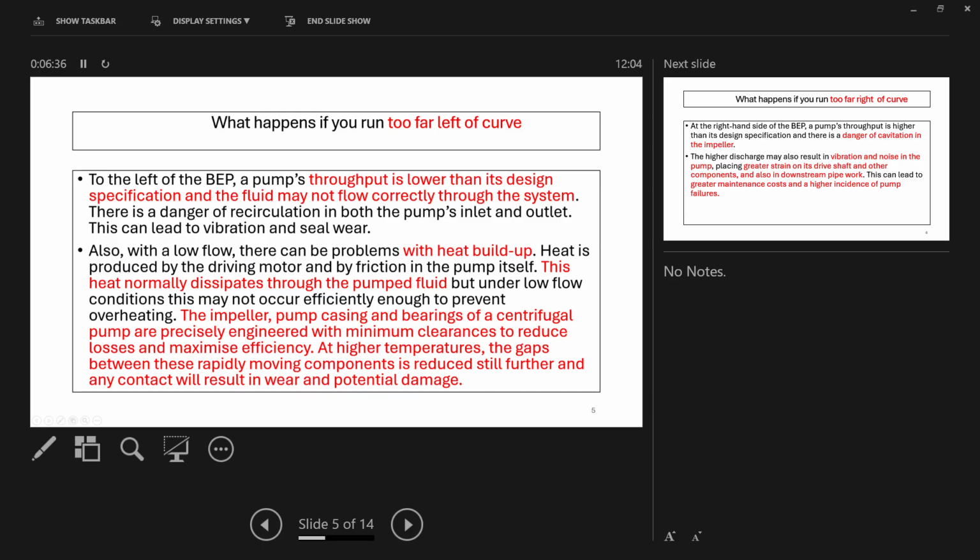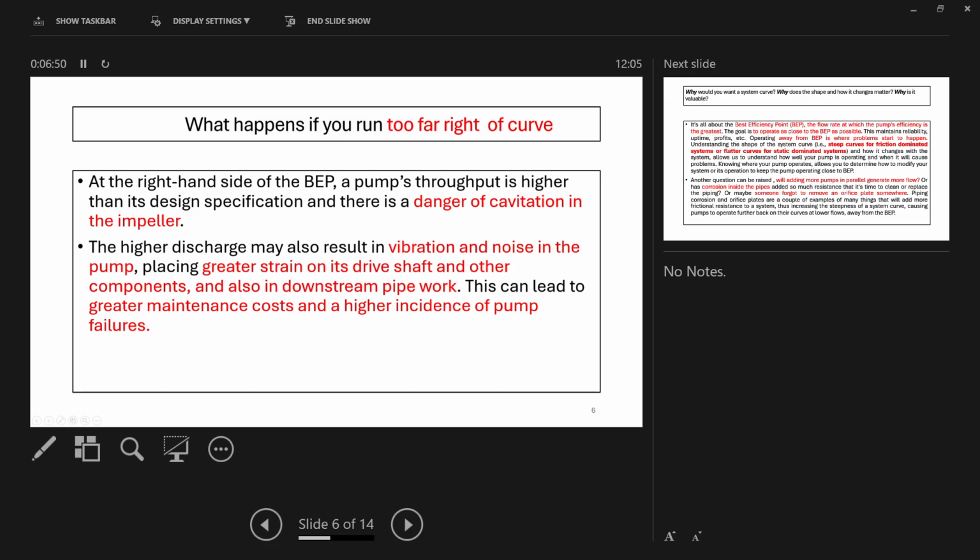Your efficiency will be lost. There may be contact because of the high temperature. It may evaporate also. So too much to the left side of the best efficiency point is not acceptable. Similarly, if it is too far to the right hand side of the best efficiency point, then